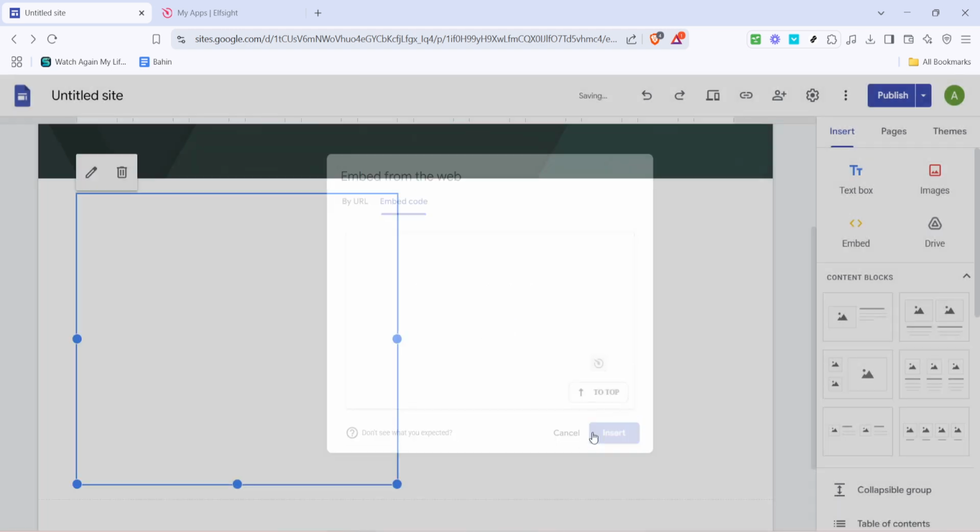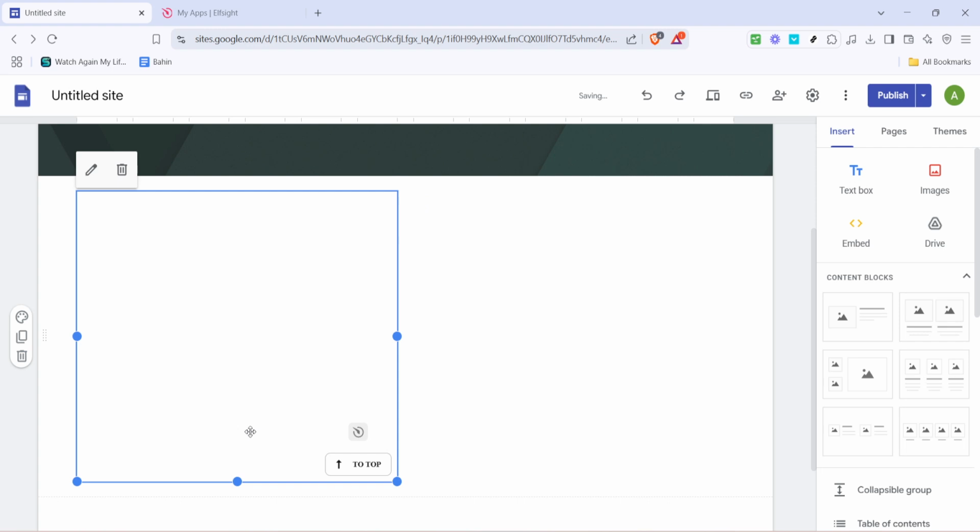With these steps completed, your back to top button should be up and running, ready to enhance your site's navigation for visitors. Following these instructions will make your website more user-friendly and professional, so take pride in this useful addition. Enjoy your newly enhanced Google site, and don't hesitate to explore Elfsight for more widgets that can further improve your site's functionality.